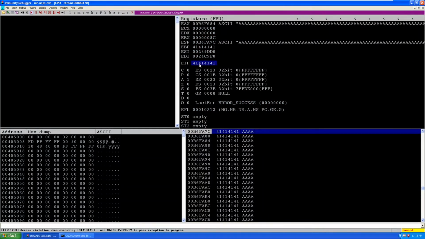As you can see, guys, now EIP has been overflown with A, which is 41 in hex, and ESP also has been overflown with A. So we have successfully overflowed the memory with our buffer, and we can control EIP. But the problem is, out of these 1700 A's, we don't know at which A the EIP has been overflown and at which ESP has been overflown. Because all these A's are identical, we cannot find the particular offset of the EIP overflow point.